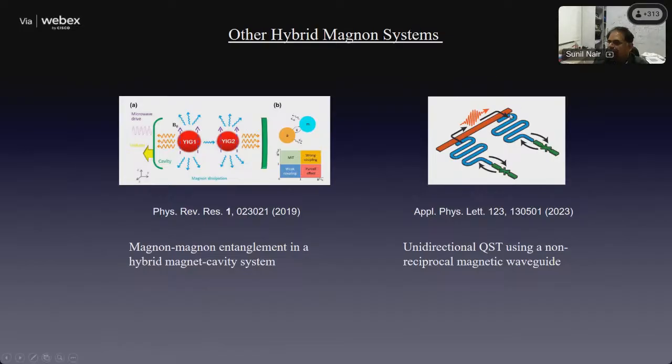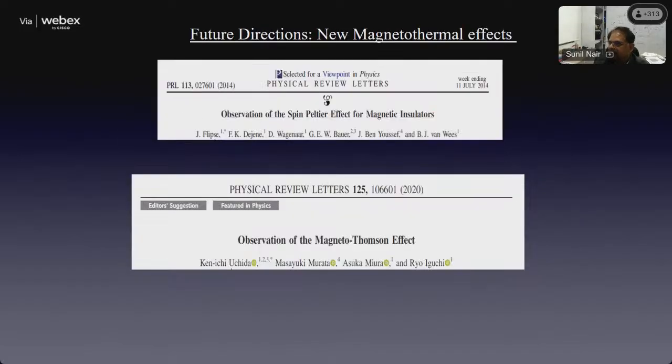So these are lots of interesting areas on the horizon. Now, as I said, the Seebeck effect was discovered 150 years or so back. The spin Seebeck effect came in much later. It took a full 150 years for us to move from the Seebeck effect to the spin Seebeck effect. Once the spin Seebeck effect was discovered, people realized that almost all the thermal effects which happen with electrons will also happen with spins.